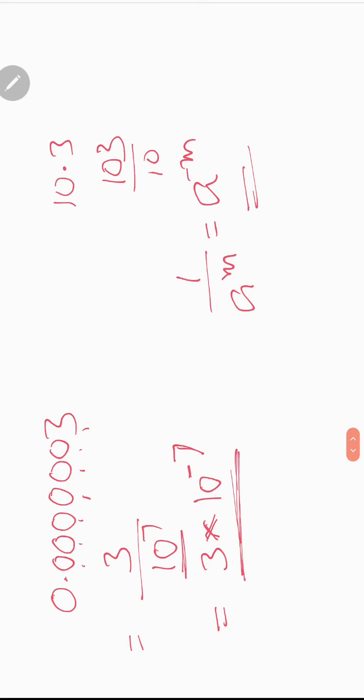So 3 into 10 to the power of minus 7. This is the way of converting a decimal number into standard form. Okay, one more example, that is